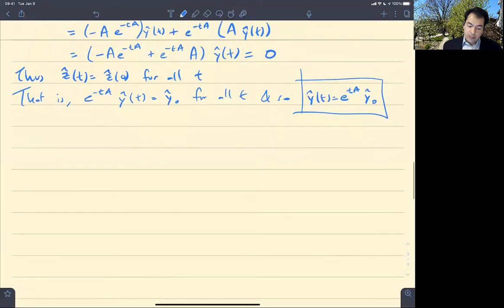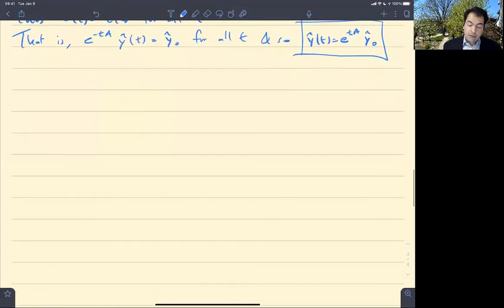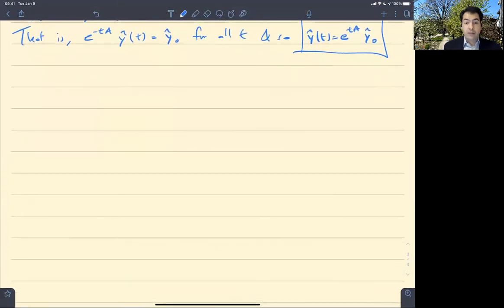Okay, so now let's say that you're actually given such a system and you want to write down the solution. Okay, well, that's one way of writing it down. What if you want something a little more explicit? Well, maybe A is diagonalizable. If A is diagonalizable,